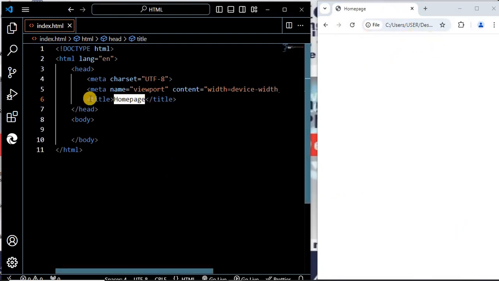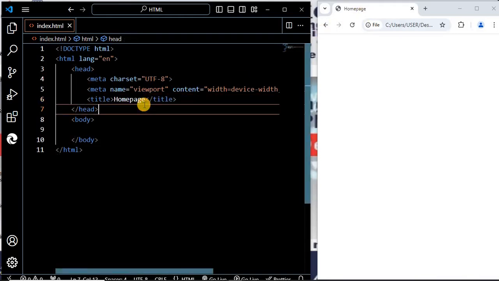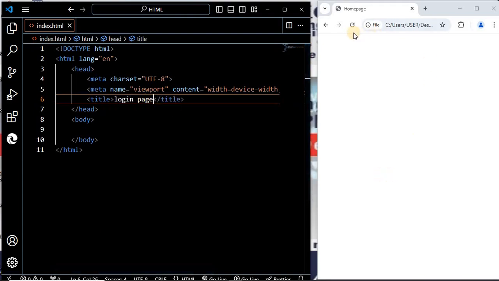So any text you include in between the opening tag and the closing tag of the title is going to be displayed here. So if I come here, home page, or login page, and you can see. Okay, so that being said,